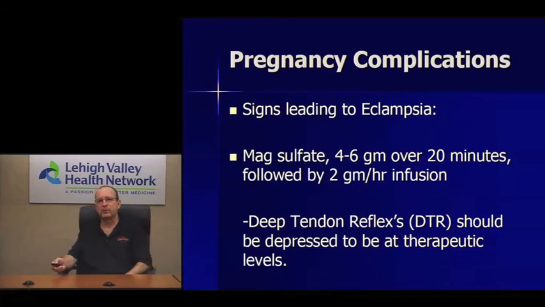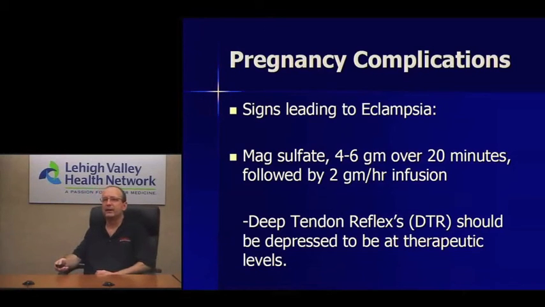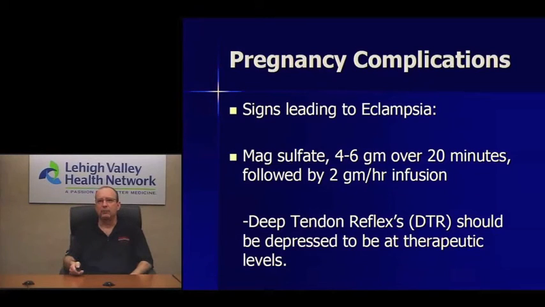Signs leading to eclampsia. We can start with some mag sulfate, give 4 to 6 grams over 20 minutes, followed by a 2 grams an hour infusion. They're saying the deep tendon reflexes should be depressed at a therapeutic level. I'm not sure how well we're going to really be checking those or how familiar we are with that. Probably what's more important,